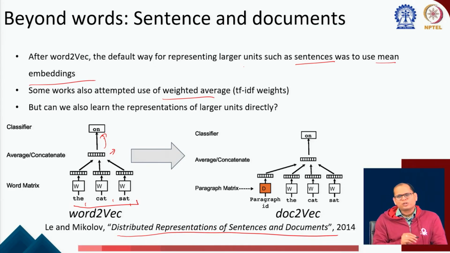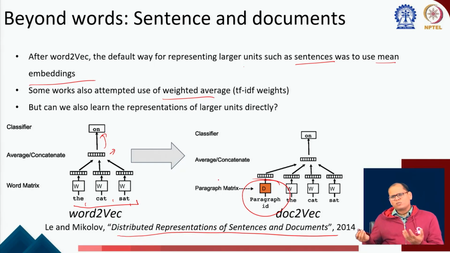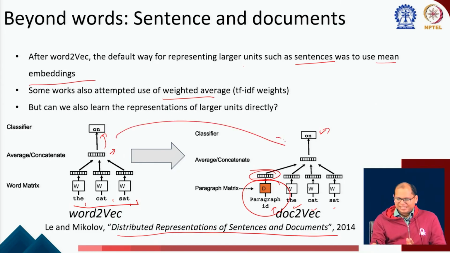That was the idea of word2vec. In this case, because I have to get a paragraph representation, I can introduce a new vector for the paragraph, and this can also work for larger units like sentence and document. So you initialize a representation for the paragraph that you want to learn, and the way you will learn it is that, given this paragraph ID and the other words, you predict the word. So the setting remains the same, except that you have a new vector that you are adding to your input,